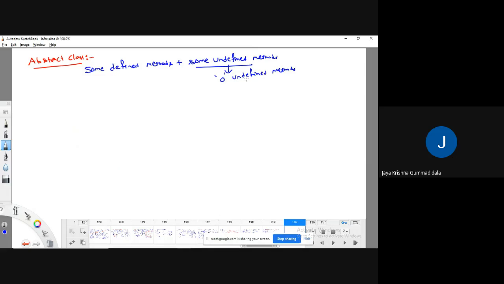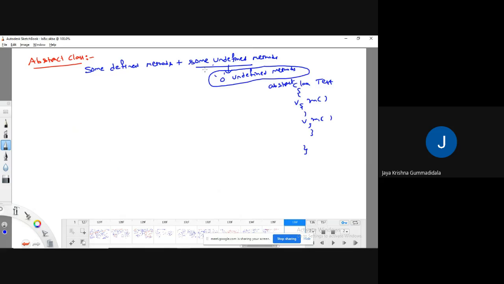If you make it abstract, there is one advantage I will define. If a class, something like class Test, has some methods like void m1, or a method returning something, there are some defined methods, and observe, there are no undefined methods. Then also I can make this abstract. If there is any abstract method, then also you can make it abstract. That is the meaning of zero undefined methods also acting as an abstract class.